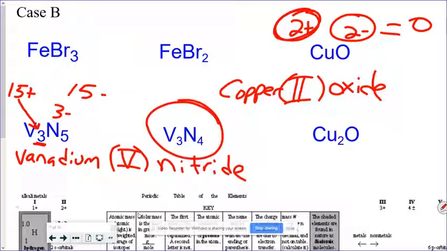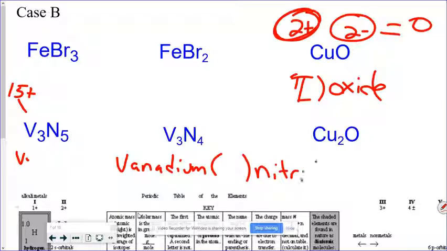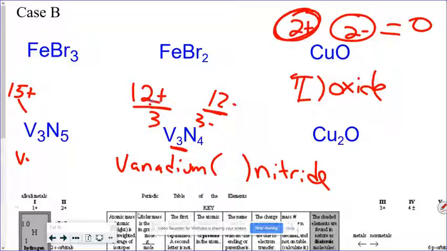Pause the video, try that problem. Again, we have vanadium. Vanadium has multiple charges, so I put a parentheses. Nitrogen turns into nitride. Nitrogen has a 3 negative charge in its box, but there's 4 of them, so that's a 12 negative overall. So the vanadium's got to be equal to 12 positive overall to cancel out, so these always have to add up to 0. But there's 3 vanadiums there. So this 12 divided by 3, or this 12 put amongst the 3 that are there, each one is a